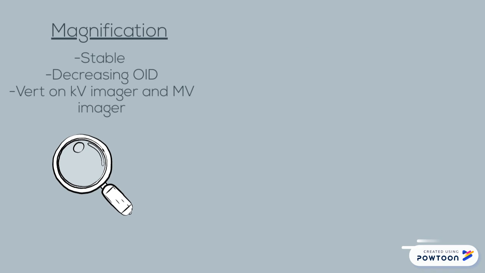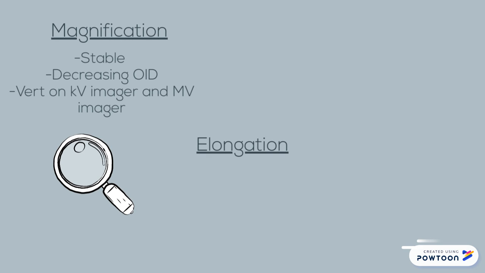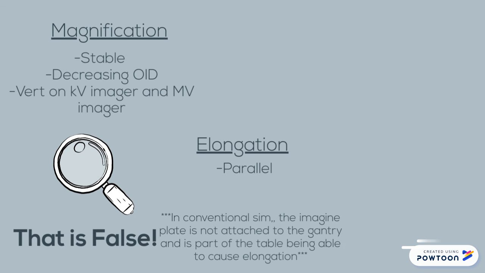Therapists do manipulate the OID by moving the vert of the kV imager and MV imager depending on the size of the patient and the field they are trying to capture, but the system already has set parameters. Elongation is not a factor in rad therapy because the source and image receptor will always be a set 180 degrees